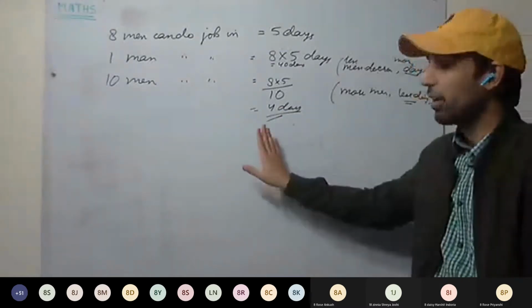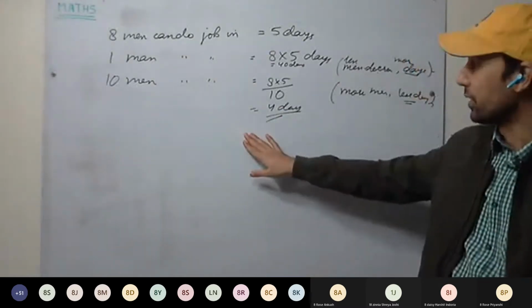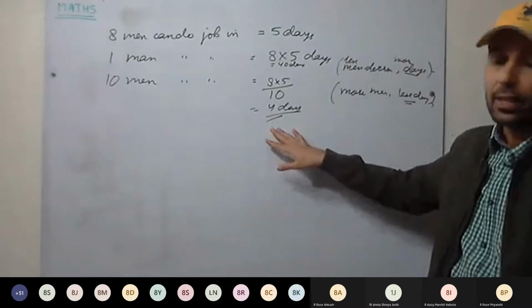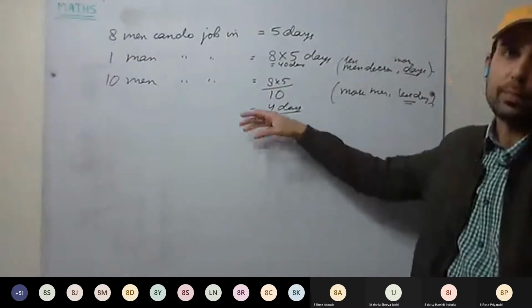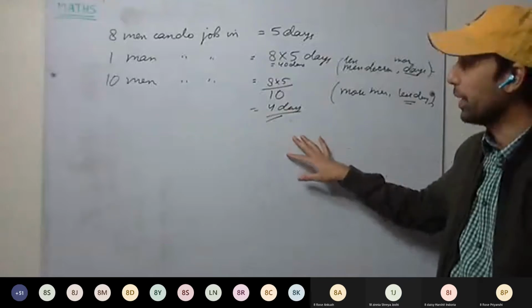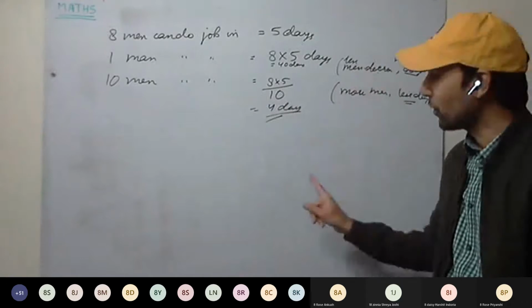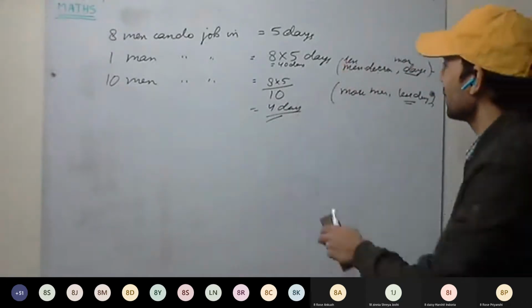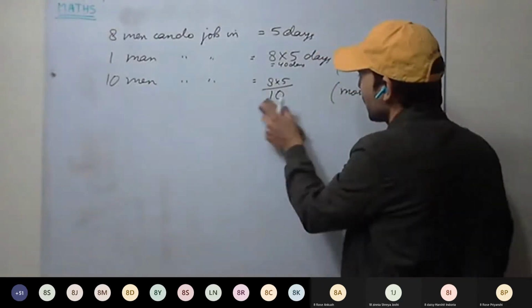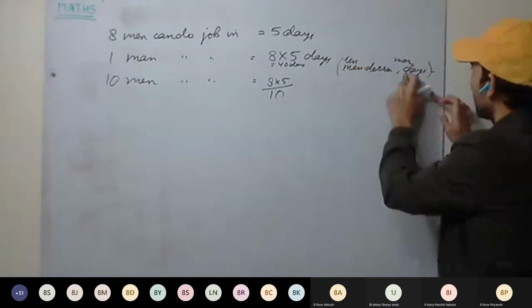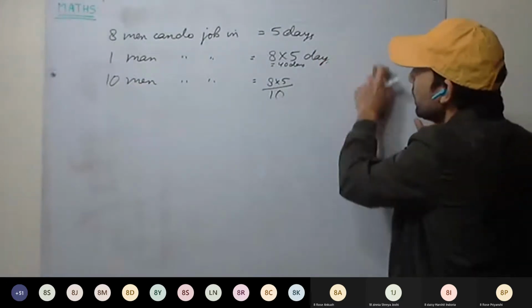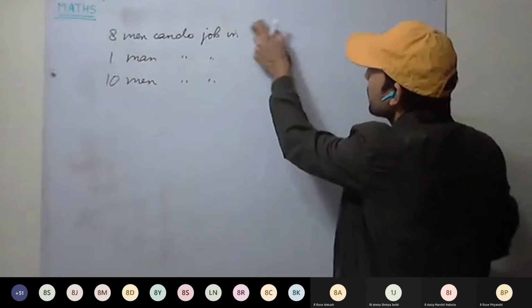As well, you have seen this when a house is being built. When you build a house, if more men are there, it will be completed very fast. If fewer men, it will take much more time. If only 1 man is completing the whole home, it will take many days. Understood this one? This concept is very important. Okay, do the next one. Do the next question.